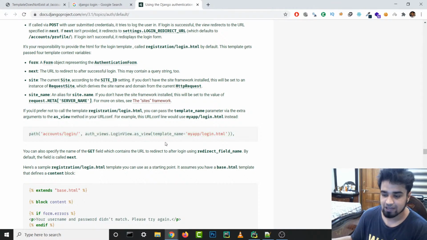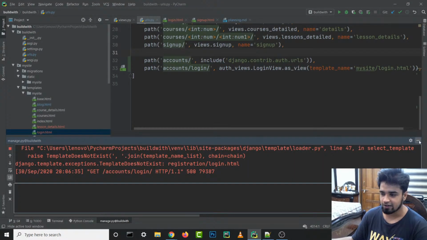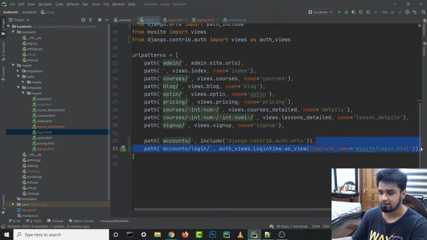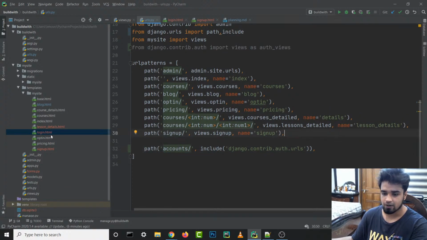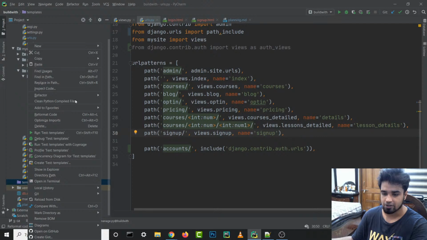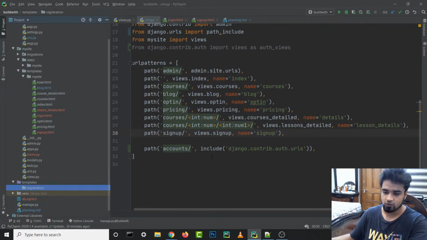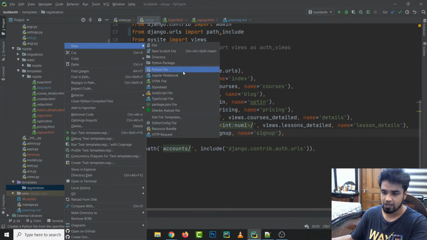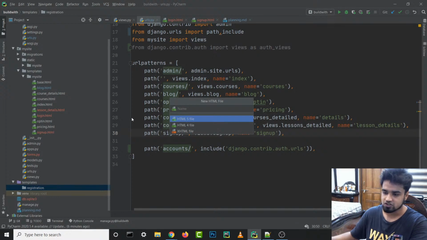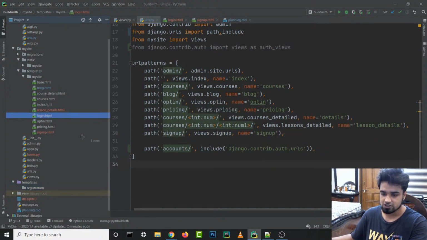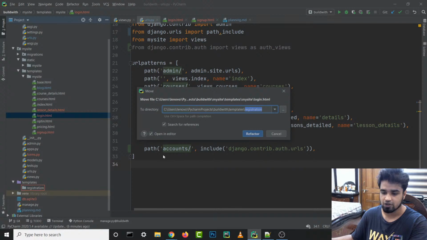Create registration folder. Yeah, that is what I didn't want to create, I guess. There's no harm in creating that, right? Let's actually create it. So let's add it to our templates folder, the registration directory, because this is a project level one and we will need the project level folder. So we are going to add registration, and over here we are going to add our HTML file. Let's just copy and paste this, so we are going to just yoink it and put it inside our registration folder. All right,